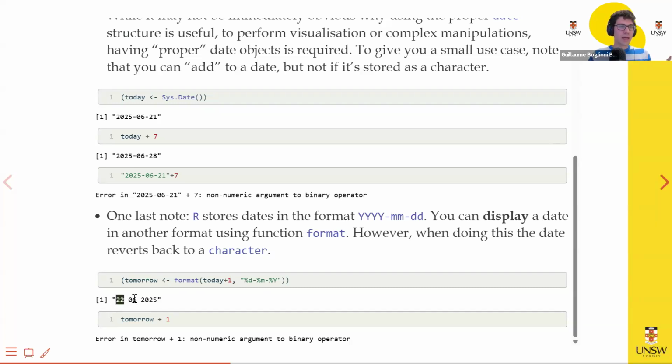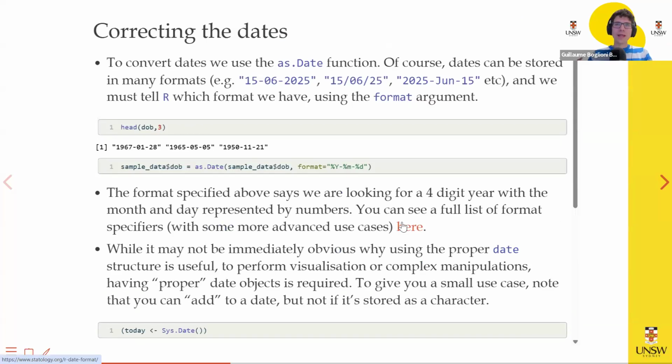Okay, 20, day, month, year. But then if I take tomorrow plus one, it doesn't work because again, using format, I've changed it back to a character. I don't know if those details are useful, but I suppose this is just a bit of an explanation that dates sometimes can be a bit annoying to deal with. You kind of need to, I suppose, Google it or ChatGPT it to figure out